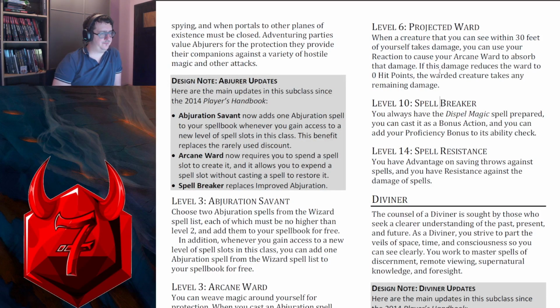Spellbreaker. You always have Dispel Magic spell prepared. You can cast it as a bonus action and add your proficiency bonus to its ability check. Okay, so I know why they're not putting Counterspell there, because Counterspell is shit. And I will say, being able to cast Dispel...